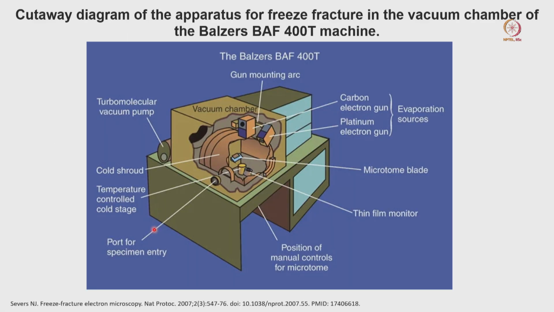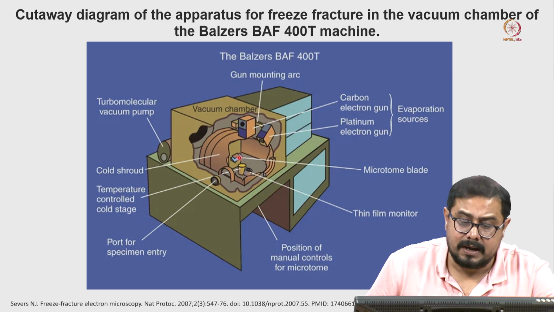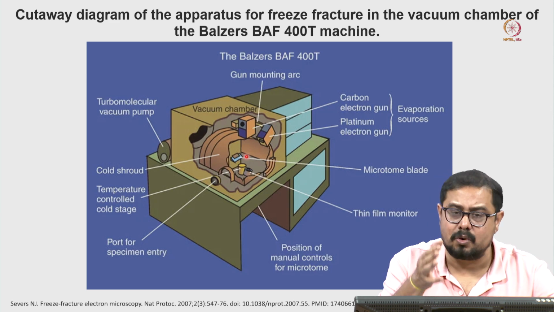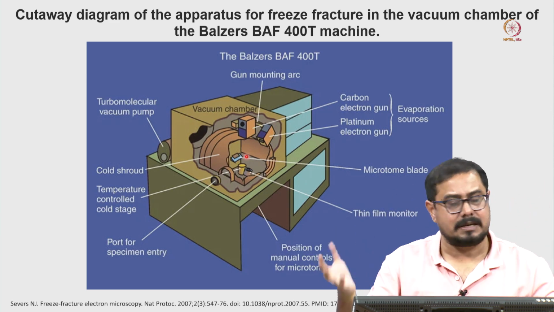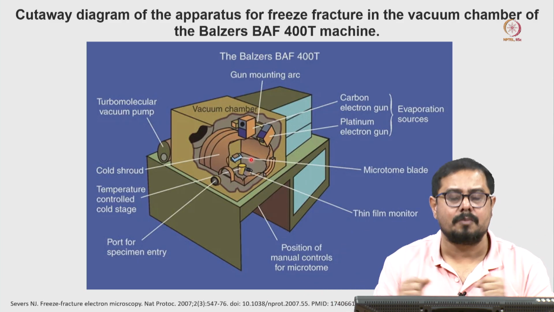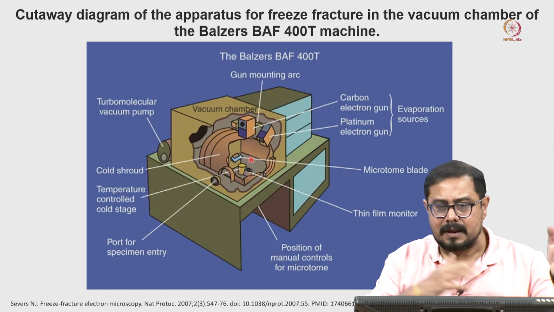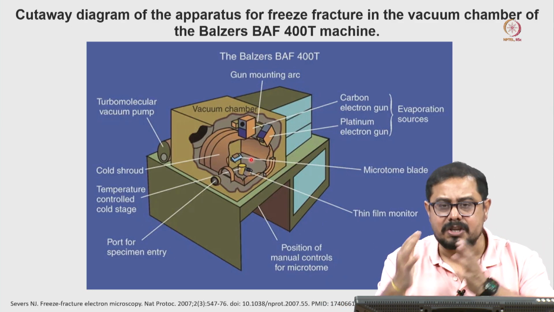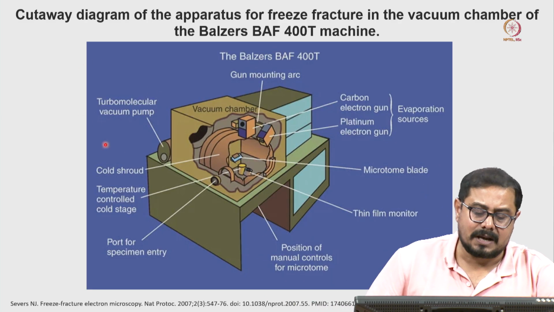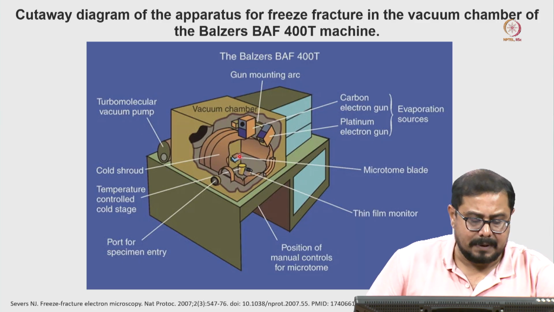How does it work? Here you can see the instrument, where you have the turbomolecular pump, because you need a high vacuum here. Why do you need high vacuum? Because we are talking about the platinum coating and the carbon coating. You have to do it inside a coater machine, maybe a carbon coater or a metal coater, and you need a very high vacuum. If you do not have the high vacuum, the metal cannot spread uniformly. It will collide with the air molecules and distribute in a different way, so it will not distribute properly. That is the reason the turbomolecular pump is there.